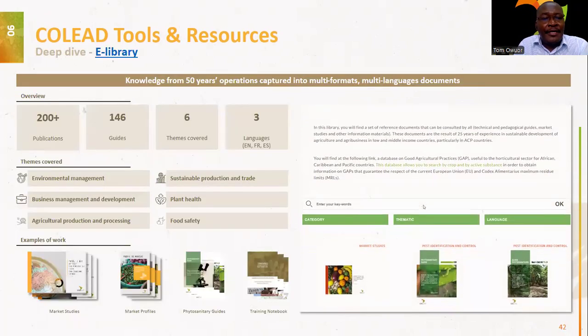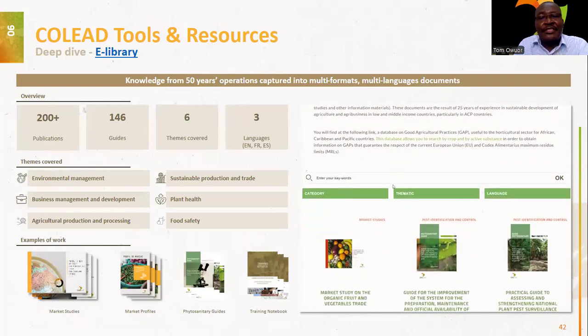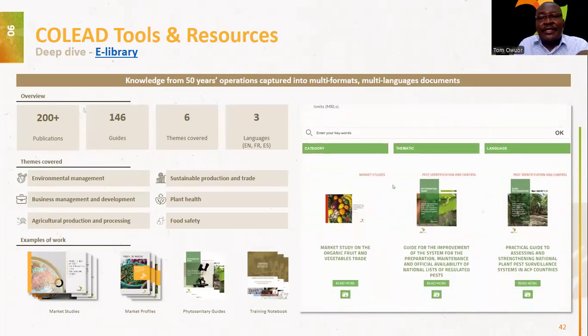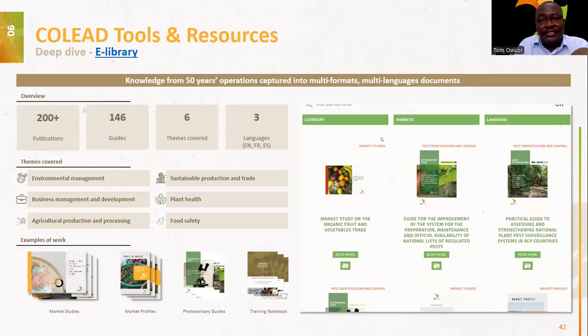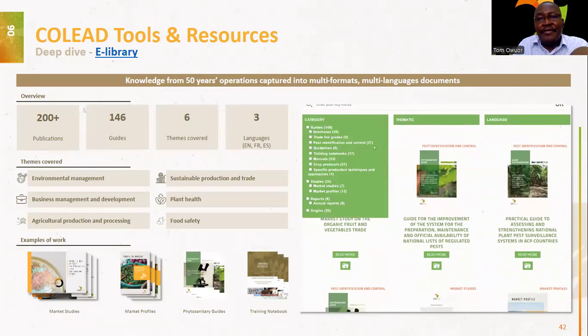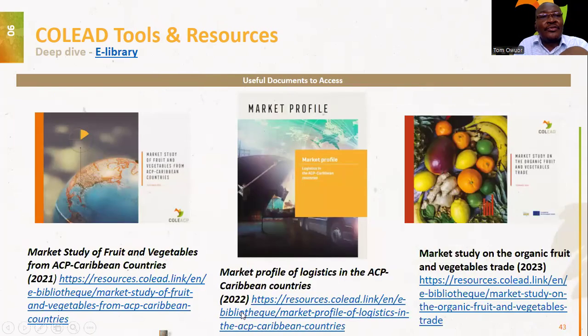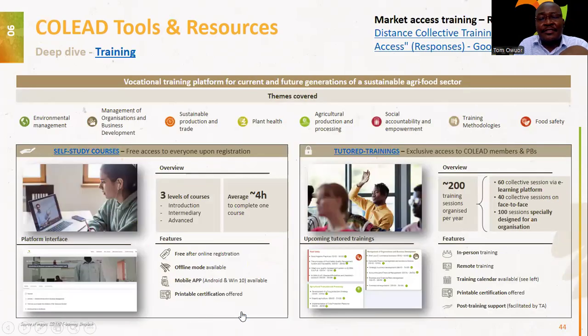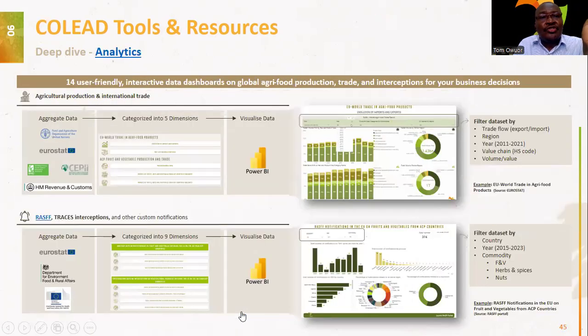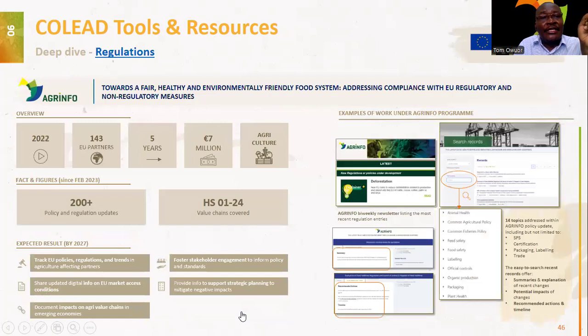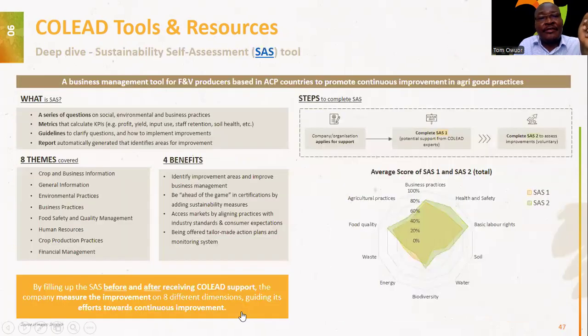Look at them, okay? Even the literature alone that you need to go through to understand things to do with farm production of the various products that you do, you can get through the Khalid tools and resources. They are quite many, so take your time. You see how the analytics are coming out very nicely, giving us a lot of information. So take your time and log on to the Khalid website to appreciate those regulations.